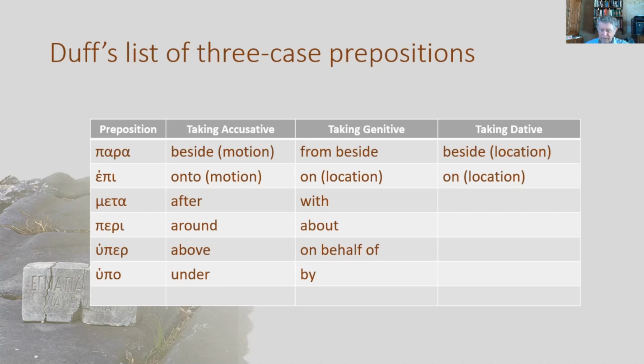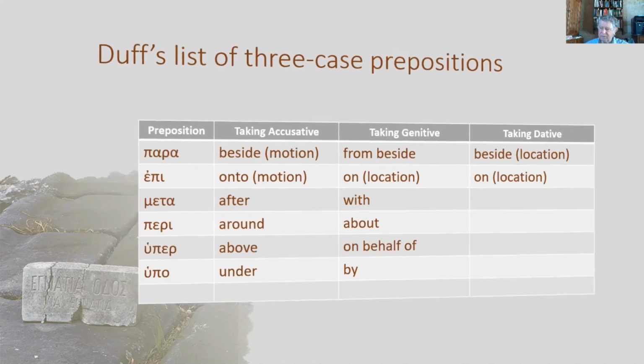You'll get Duff's list in section 4.2.2. For some reason he dealt with the three case prepositions before the two case prepositions. It doesn't really matter. He also gives you a few extra one case prepositions in section 4.2.4, but we won't spend time on that. Okay, so that's the prepositions, and that's in a sense what you need to know about them. The three types of prepositions, you will learn the list, go through the vocab, and learn them with their various meanings. But there's an important element of what happens with these once they're used, and that's called